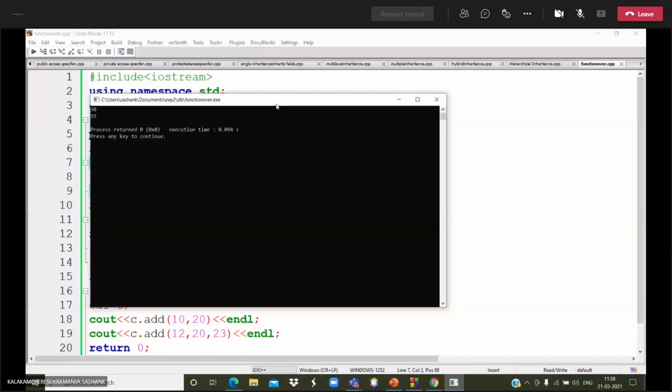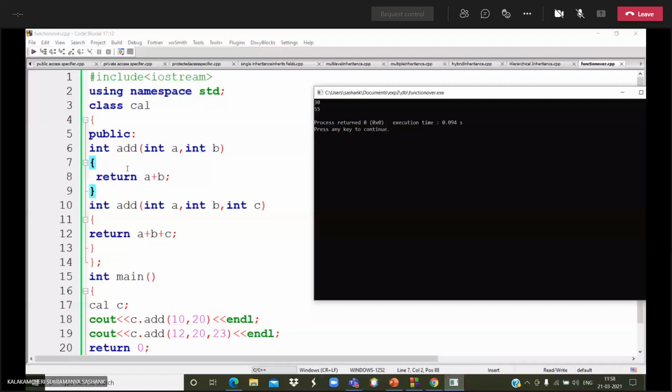Okay. In this, it will check with the parentheses. I am declaring the same name, I mean, the function name is the same, add, and again I gave the add function. Suppose you want to call that same function, it will check the arguments you are passing. Based on the arguments, it will cross-check and perform the operation. This is known as function overloading.